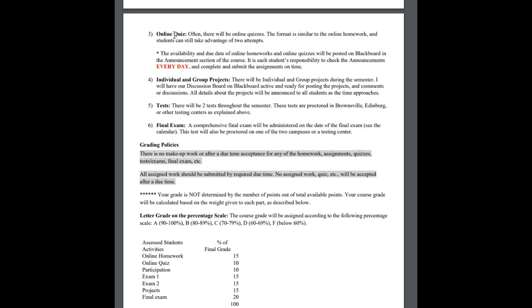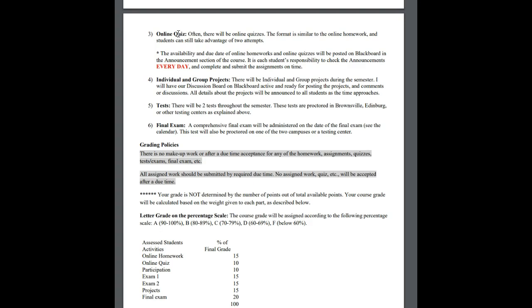Just one note about online homework and online quizzes. Only open them when you're ready to sit down, complete it, and submit it, because once you open any of them, the time starts running. If you close it and come back later, it's going to give you an exclamation mark indicating that you went over time, and our policy is that I have to change all those exclamation marks to zeros.